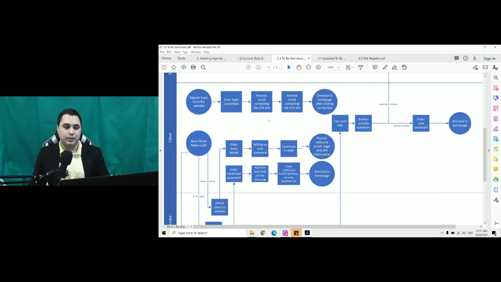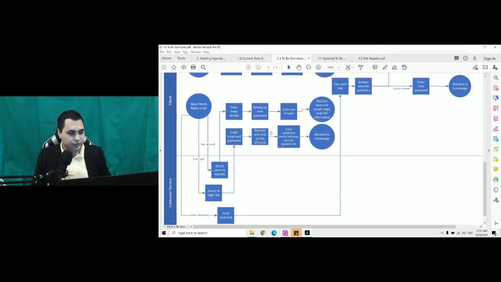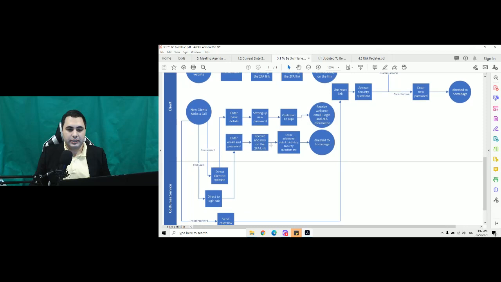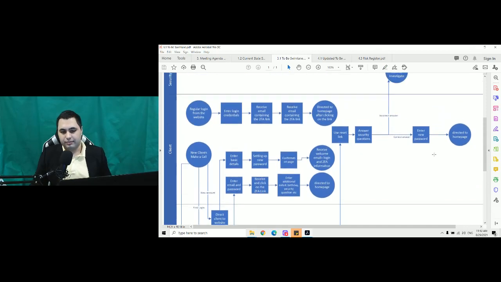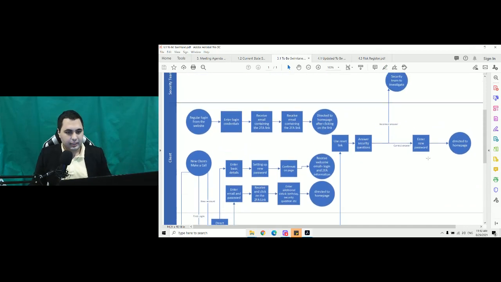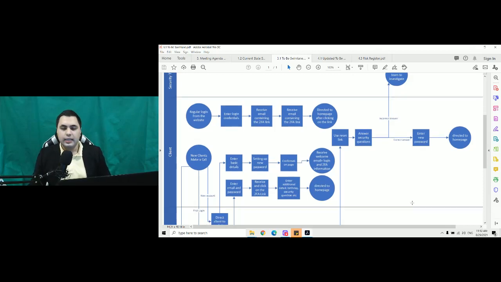Again, they receive the 2FA link, and they're taken to the home page. In case they need to reset their password, again, the process is almost exactly the same. So they click on the reset link, they receive the security questions, they answer it correct or not. The process there hasn't changed so much. Now, once we map this process out and we start to get to it, we were handed a change request,